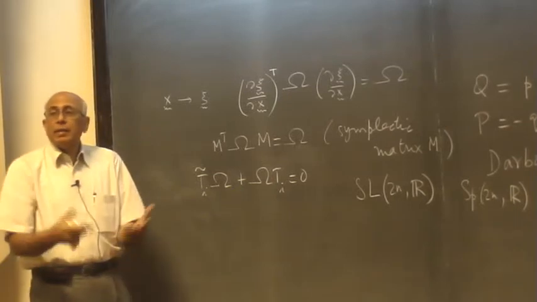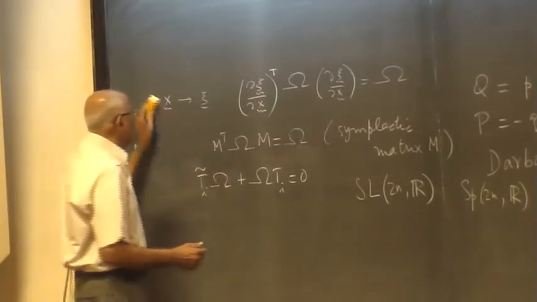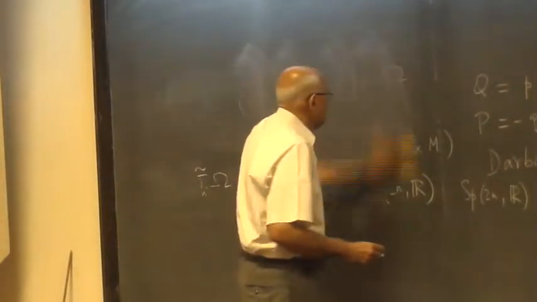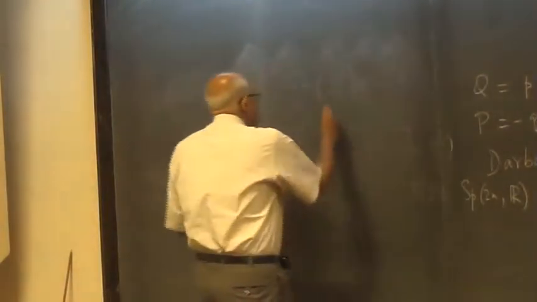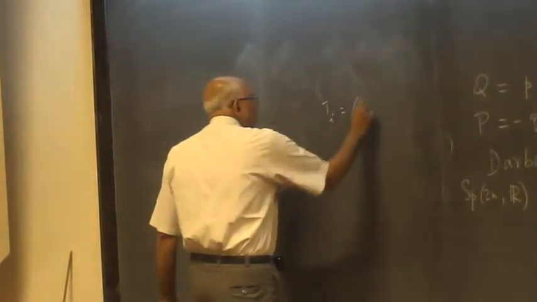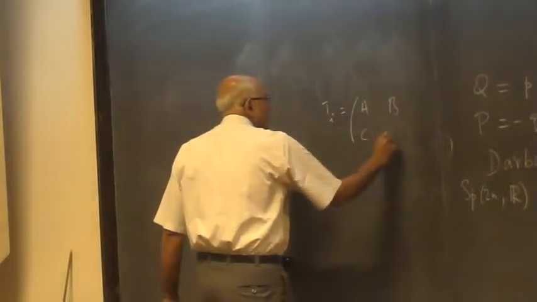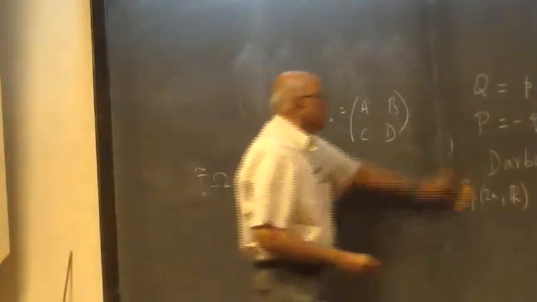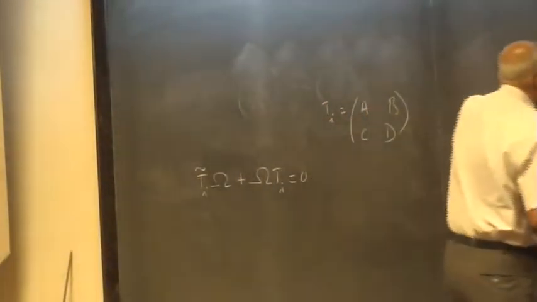So the question is, how many i's are there? You need to find out. Well, that's not hard to do. Here's a cheap way of doing it. Suppose Ti is of the form A, B, C, D, block matrices, n by n block matrices. Then